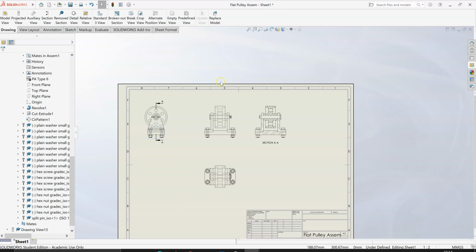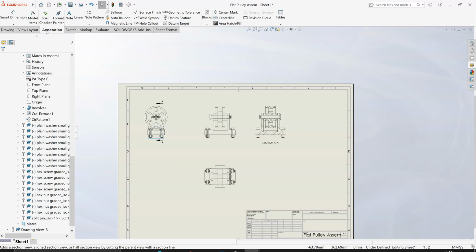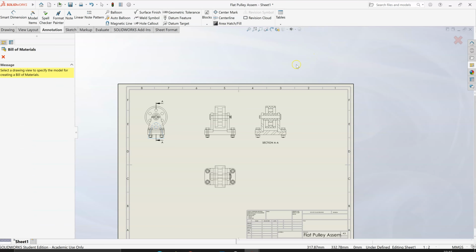So to input a bill of materials, you go to the ribbon at the top, go to the annotation tab, and over towards the right of the annotation tab you can put in a manual general table, a whole table, or a bill of materials table, which is a common one. So the bill of material